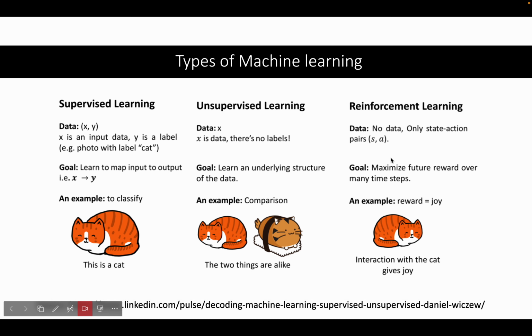Then what is reinforcement learning? Here we can see no data. So how do we do it? Let's think about how you train a dog. Here you can pause the video and think about how you train a dog. I mean, pause the video, not close the window. Remember, we are going to learn machine learning together, right?